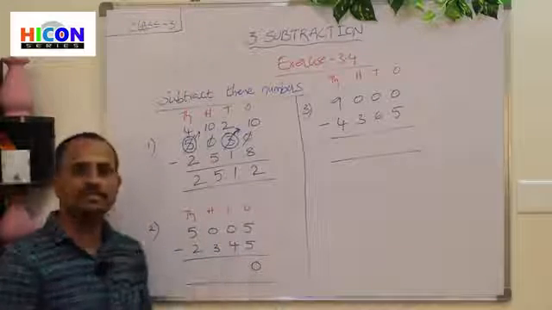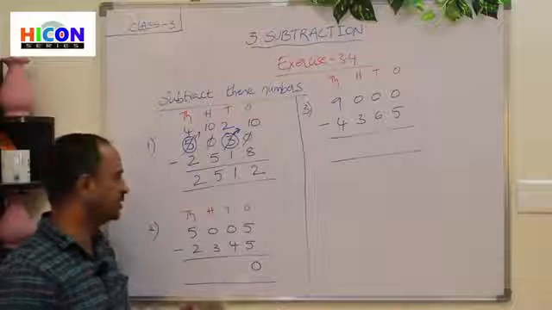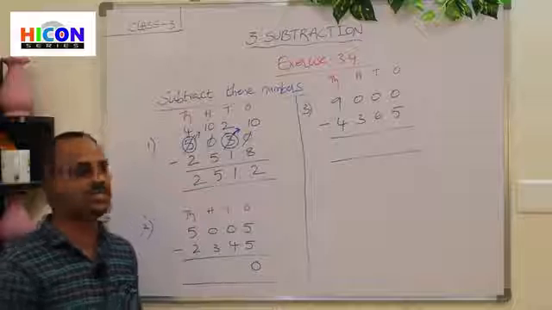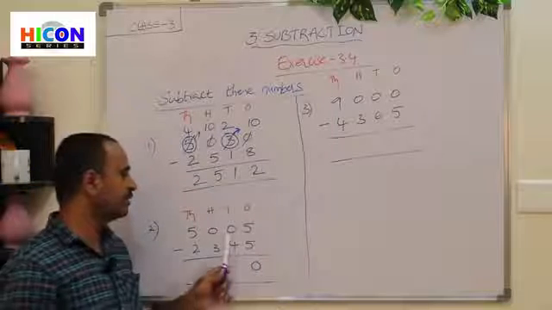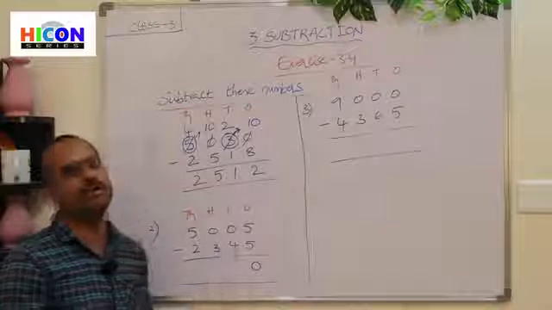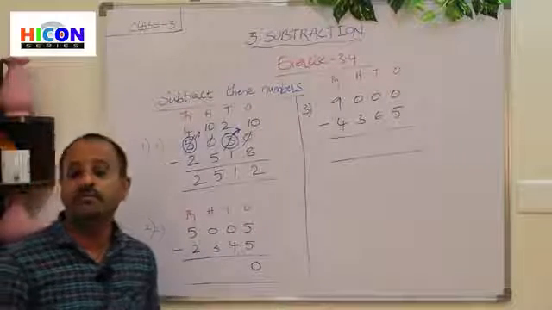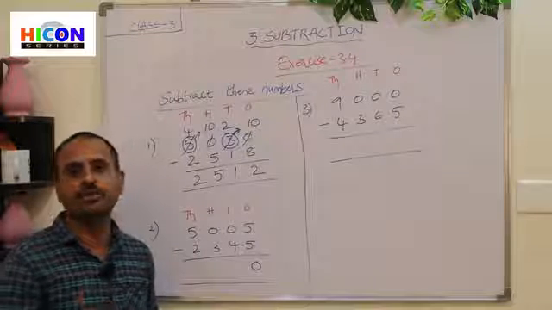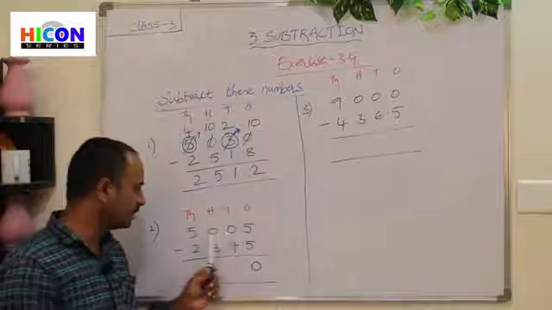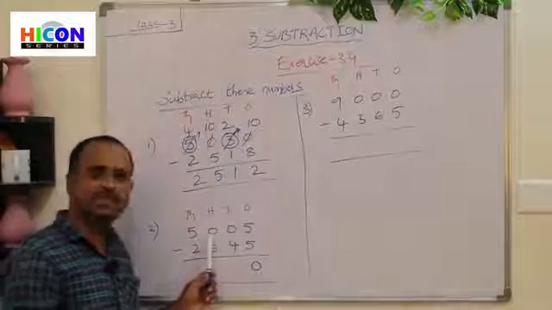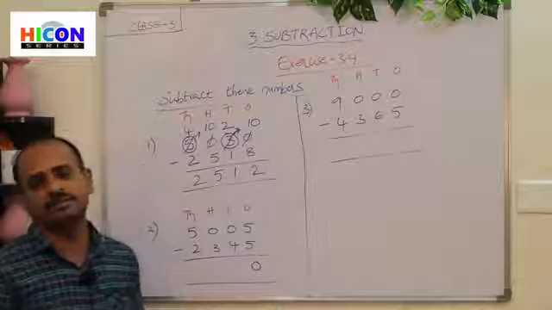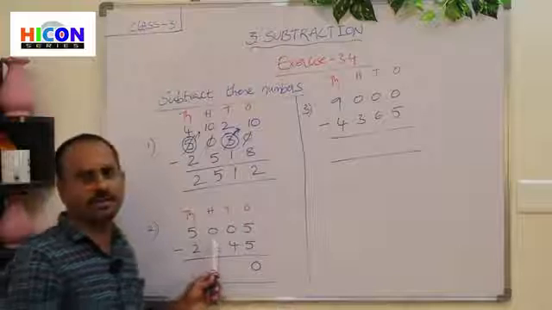Now go to tens place. What are the digits in tens place? 0 and 4 are present in tens place. Here 4 is the greater number, 0 is the smaller number. We cannot subtract a greater number from a smaller number. So if subtraction is not possible, we have to borrow from its next place. What is its next place? Hundreds place. How many hundreds are there? 0. That means there are no hundreds.